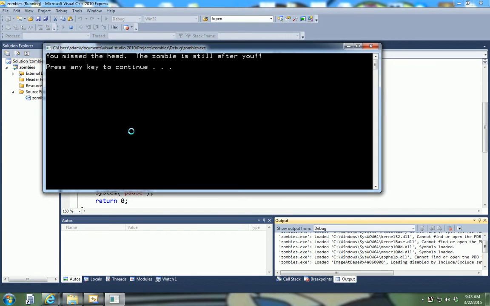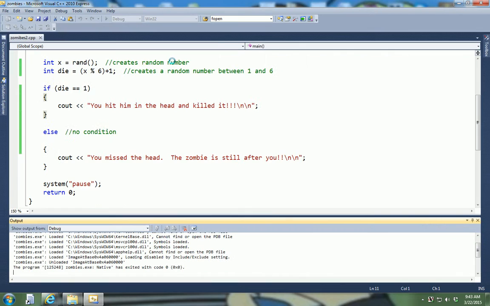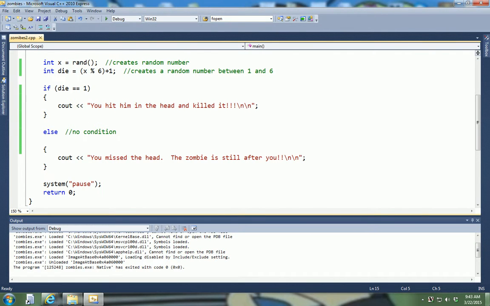And it has to run it. There we go. You missed the head. The zombie is still after you. And I could even put, there we go, if I put cout